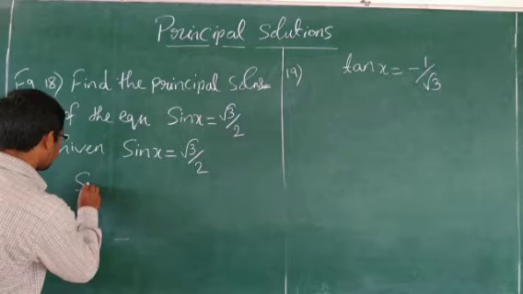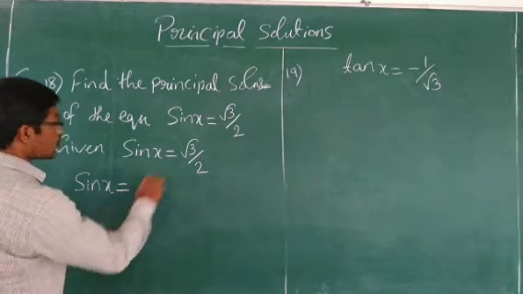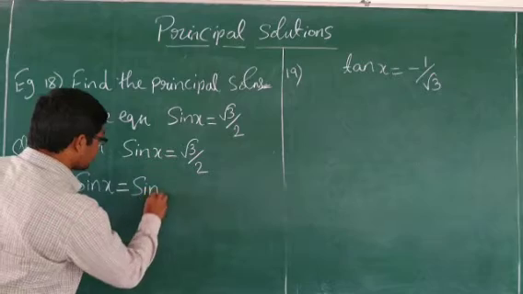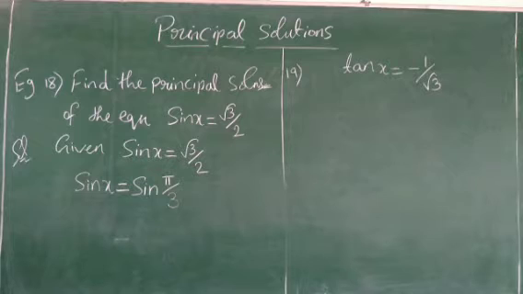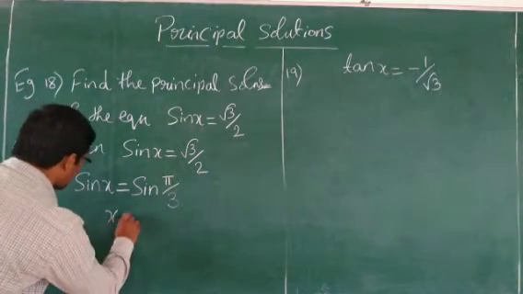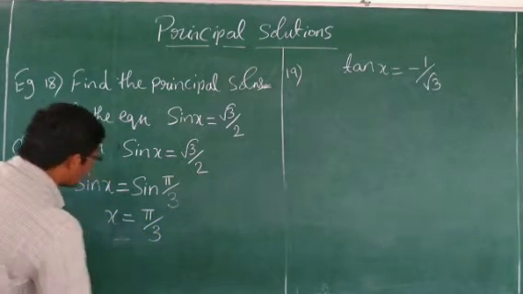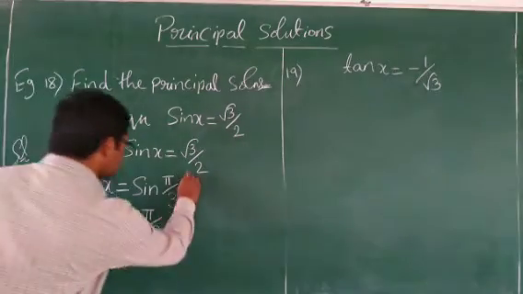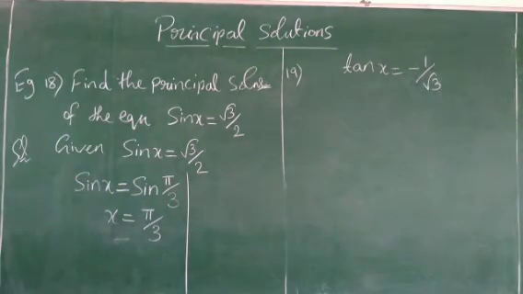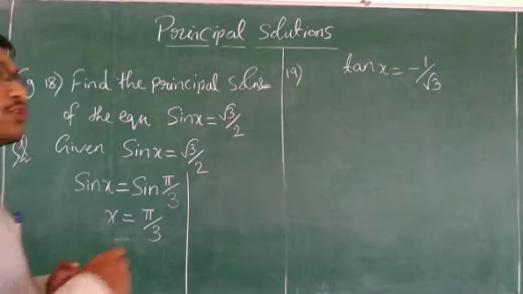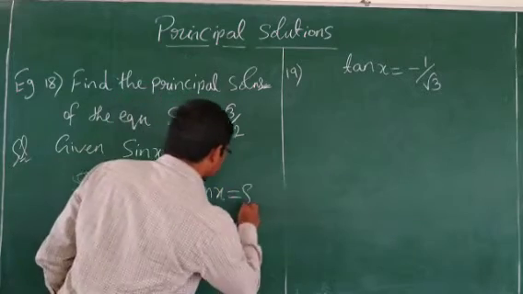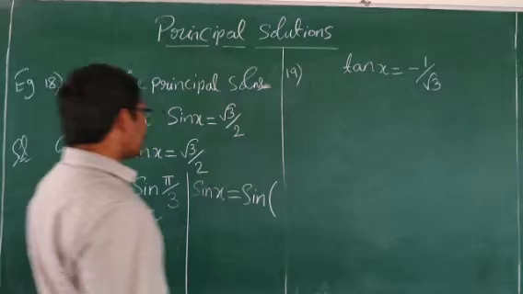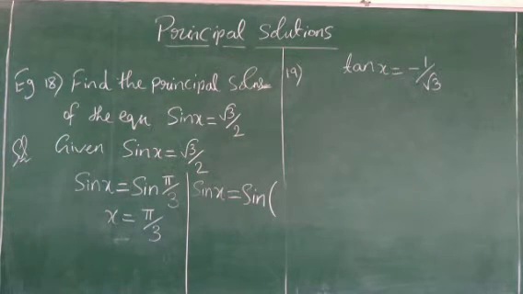So we write this as sin x is equal to root 3 by 2, which can be written as sine of pi by 3. That is in the first quadrant. Pi by 3 we get in the first quadrant. So from this we can get x is equal to pi by 3. Or we can also get root 3 by 2 positive in the second quadrant also. That is sin x is equal to sine of, how do we get